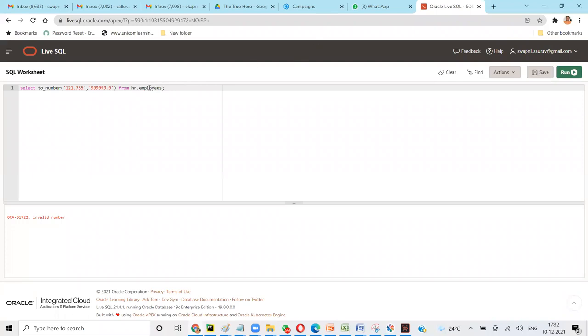invalid number. It shouldn't give invalid number. Maybe 4 and 6, this is the reason.